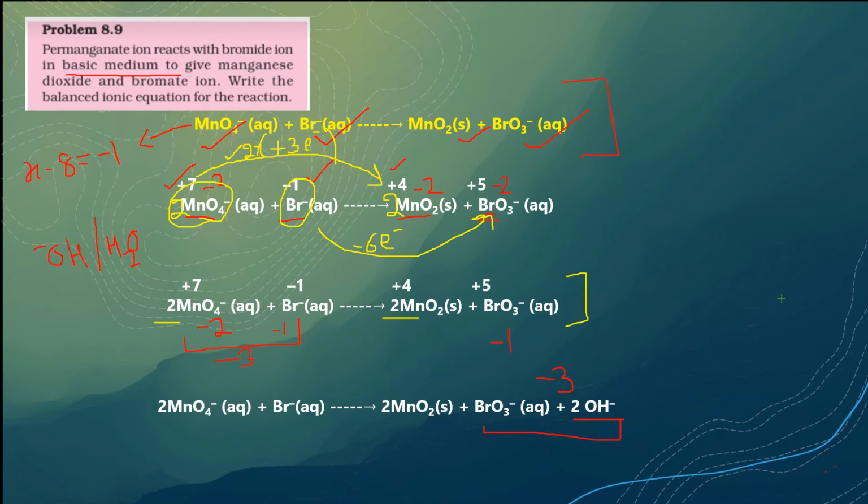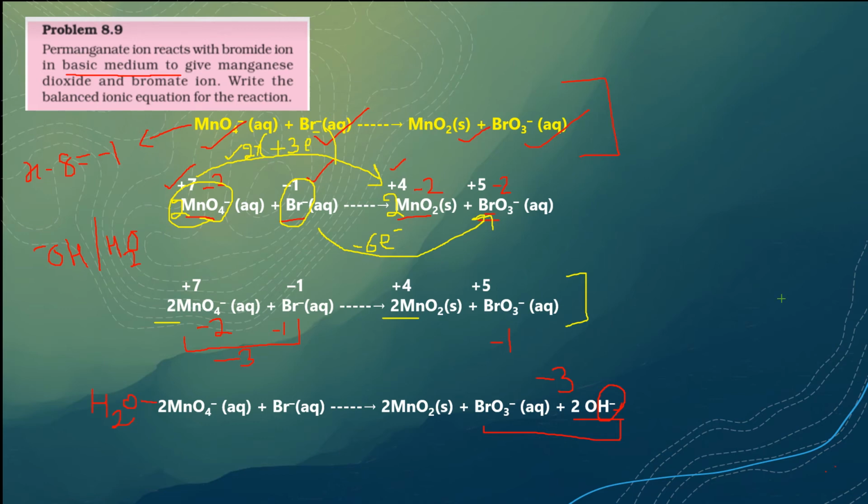Or am I forgetting something? Yes, we still have to introduce hydrogens on the left hand side because here I have introduced hydrogen and there is no hydrogen on the left hand side. I have introduced two OH minus, two hydrogens here. So on the left hand side, let us write one H2O because in one H2O there are two hydrogens.